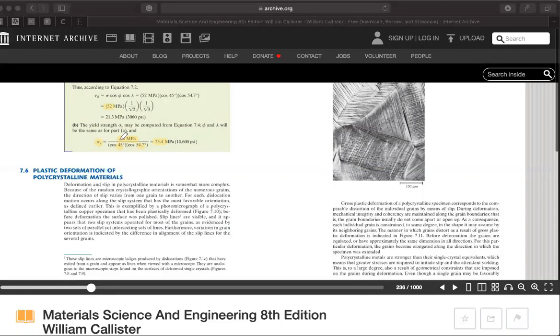Now, in the next lecture, we'll be talking about what is going to happen if we have polycrystalline material. What will be different from single crystalline material? So I will stop here, and I will see if you have any